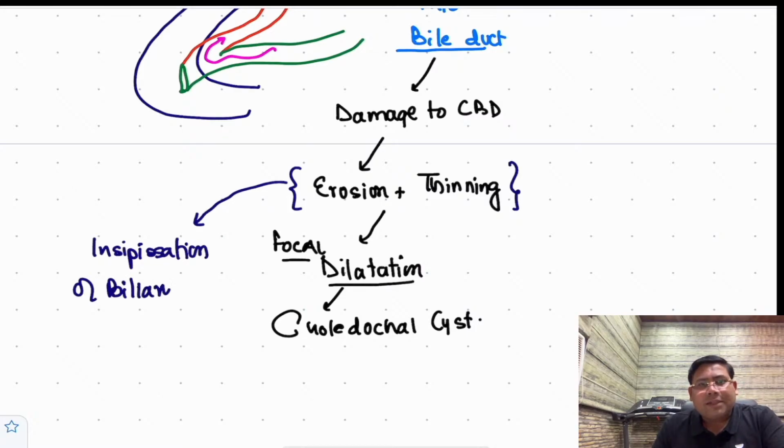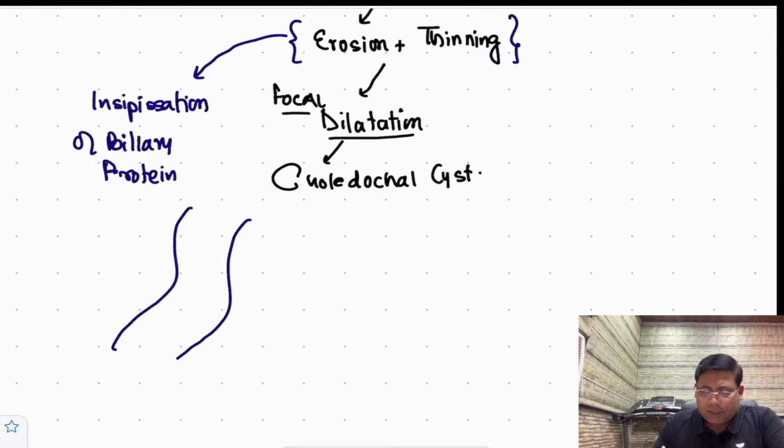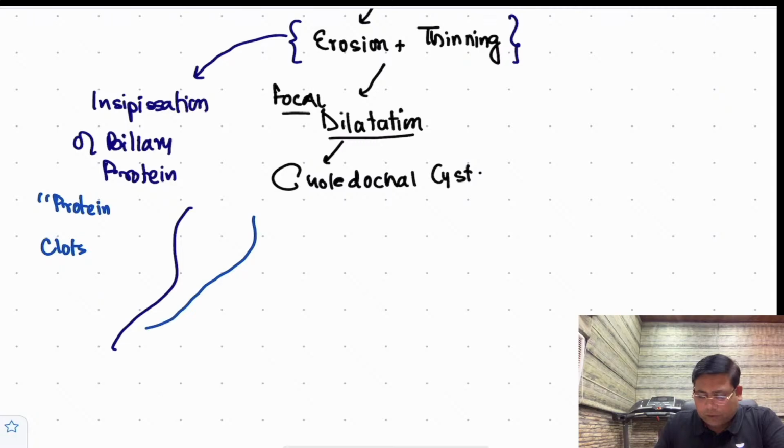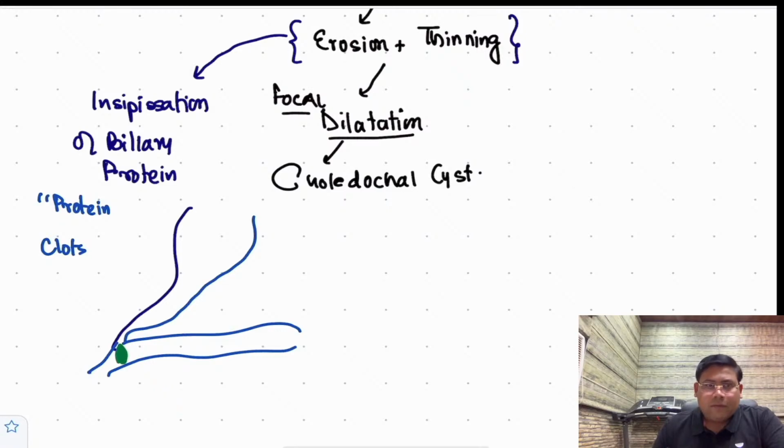Now when there is inspissation of biliary proteins, what is going to happen, students? I would refer to them as protein clots. So these are the protein clots which have formed, and now just see what is going to happen. This is the abnormal junction, and these protein clots will actually cause temporary blockage,